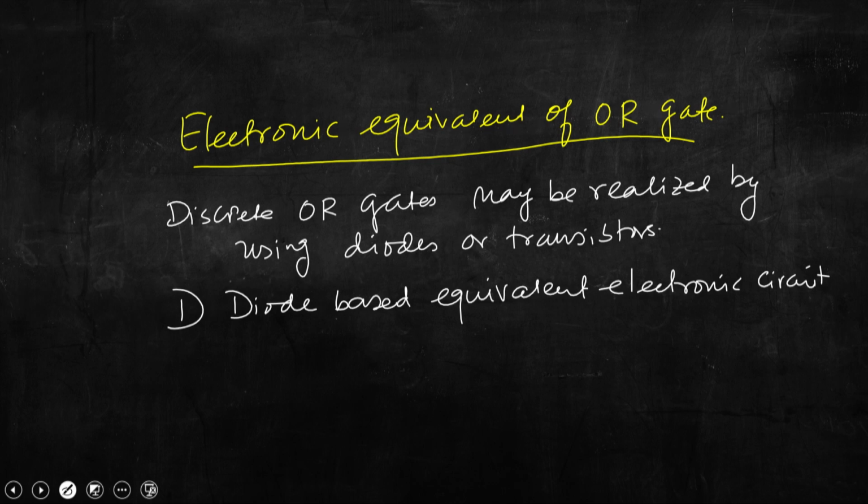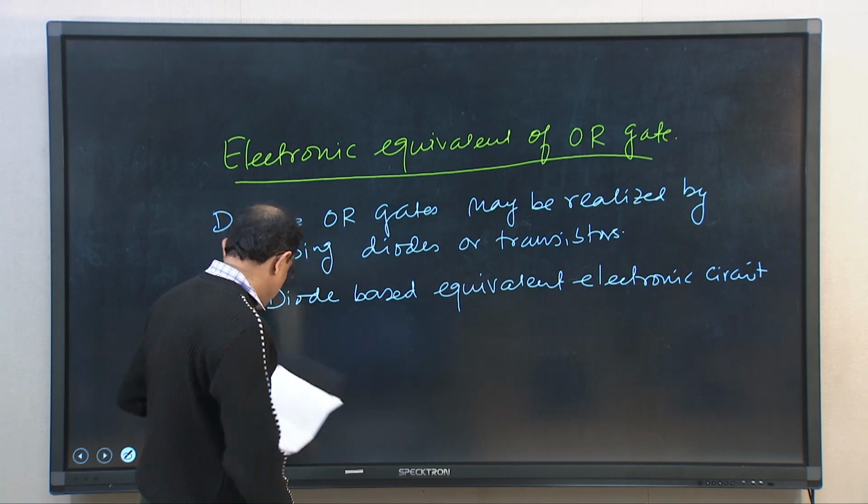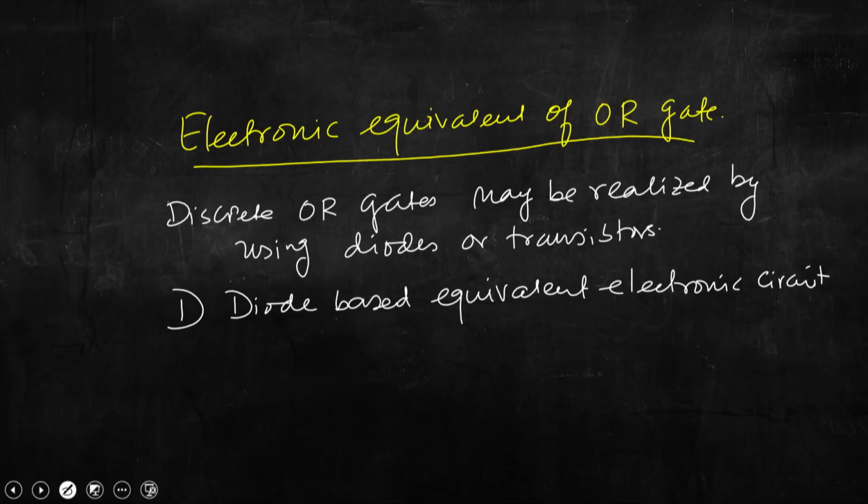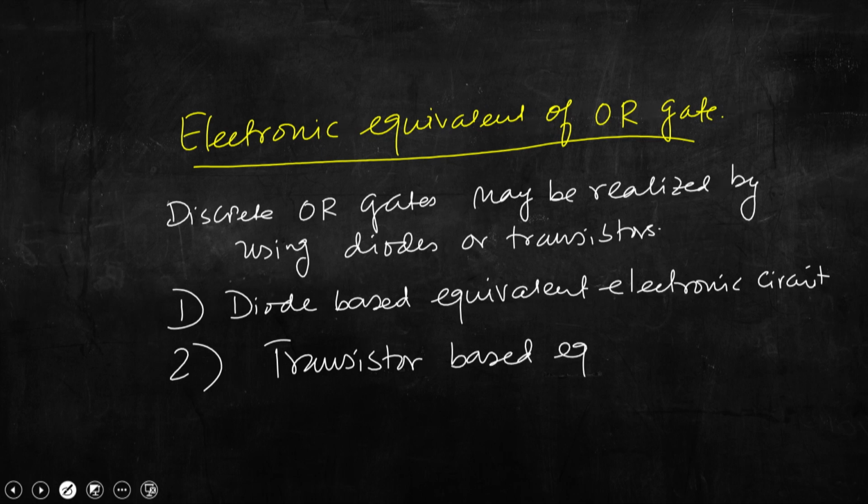So, as I told you, the use of transistors for logic gates depends on their utility as fast switches. Transistors can be used as logic gates depending on their utility as fast switches. So, let us first discuss diode based, and then we should discuss the transistor based equivalent